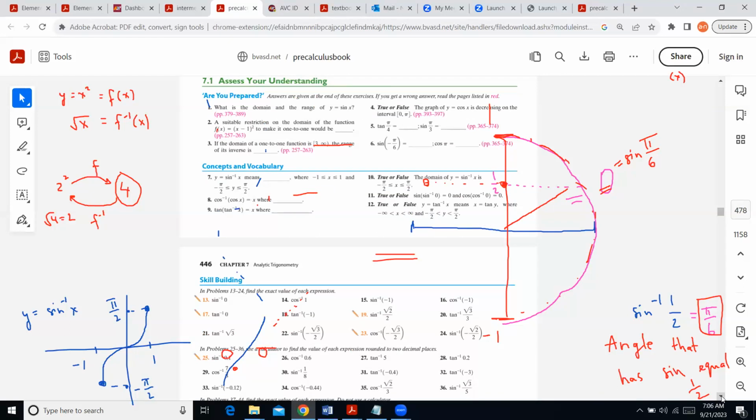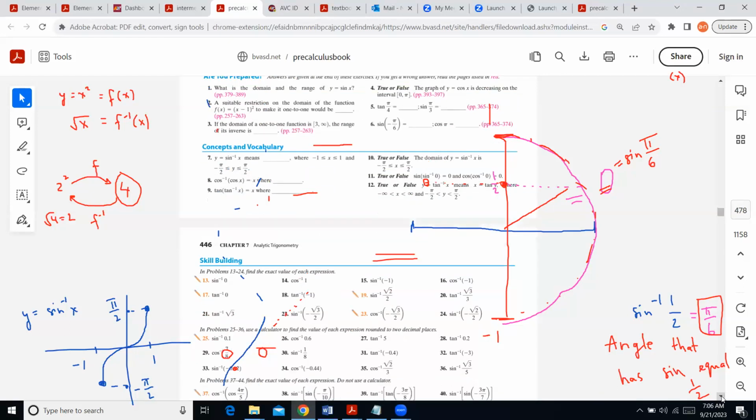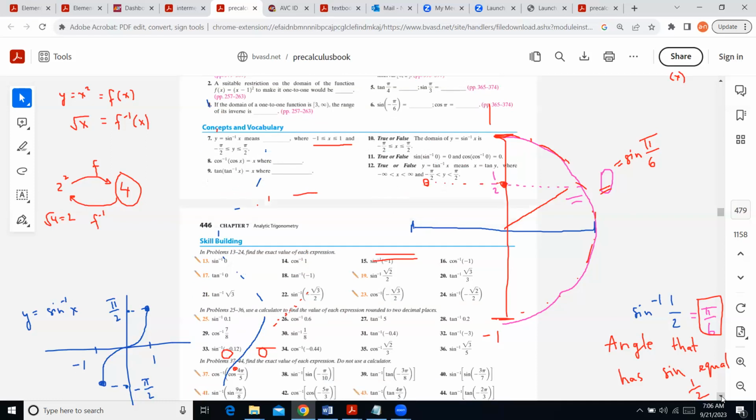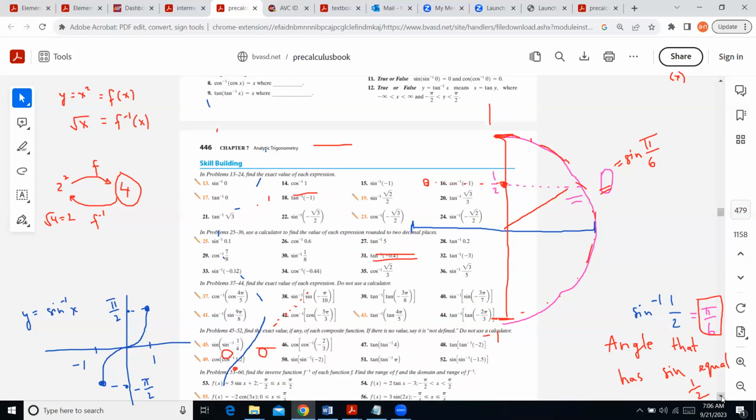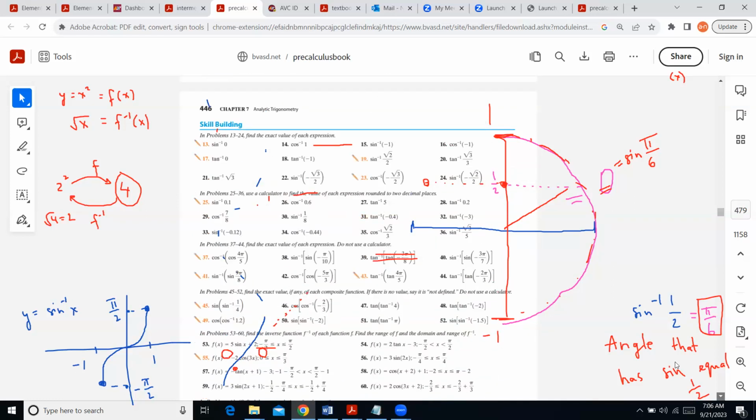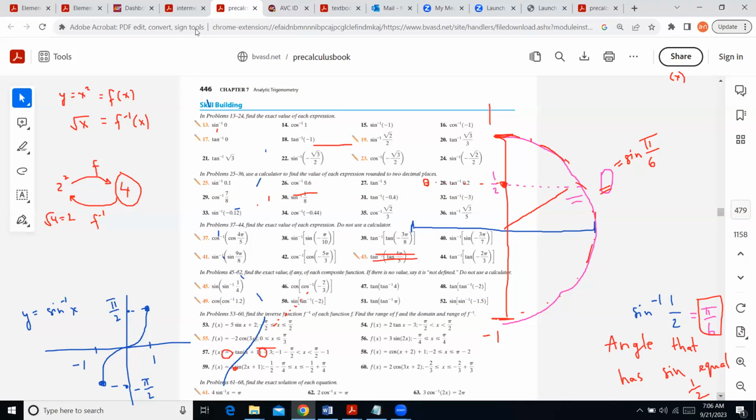So I can just be selective here, select only exercises that deal with arcsine. And looks like in exercise number 13, we have arcsine here. So I'm going to clean some of this mess